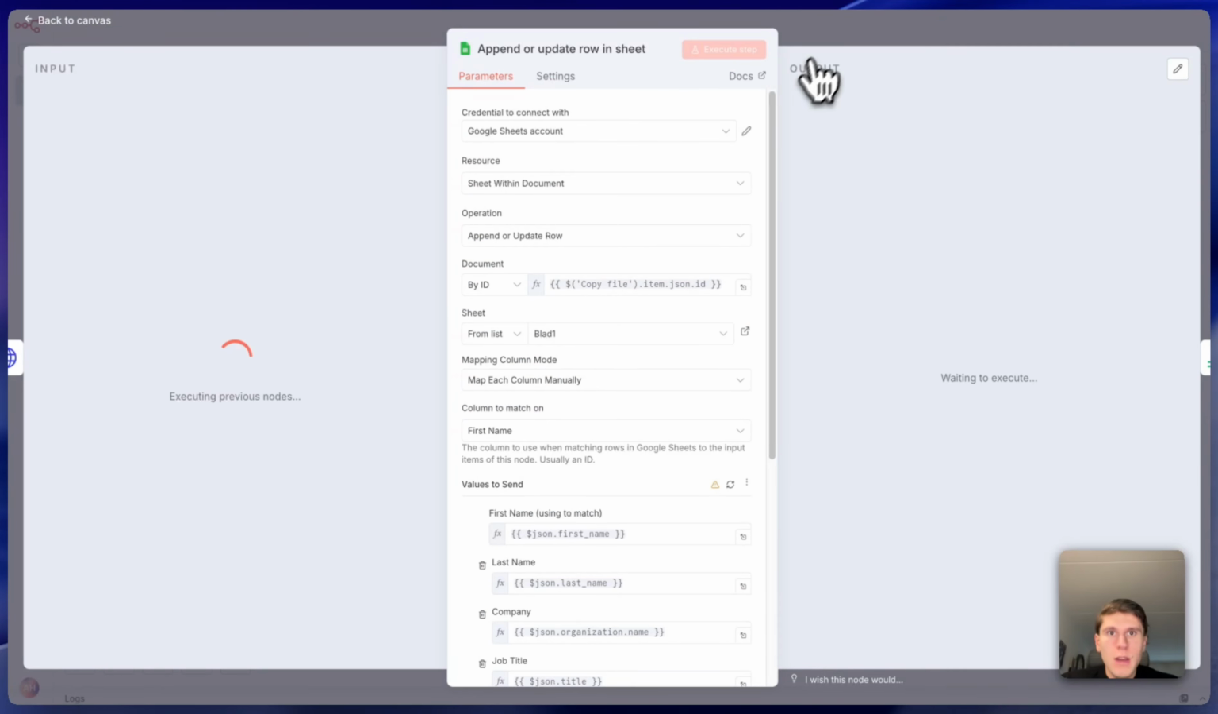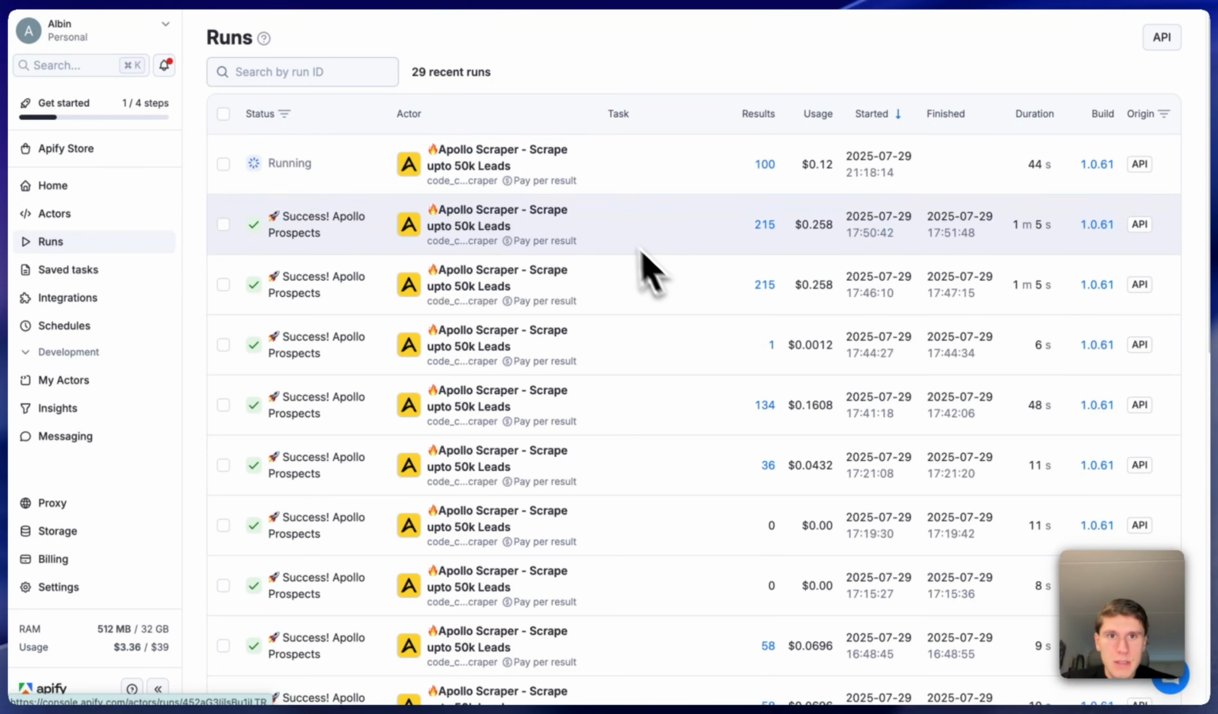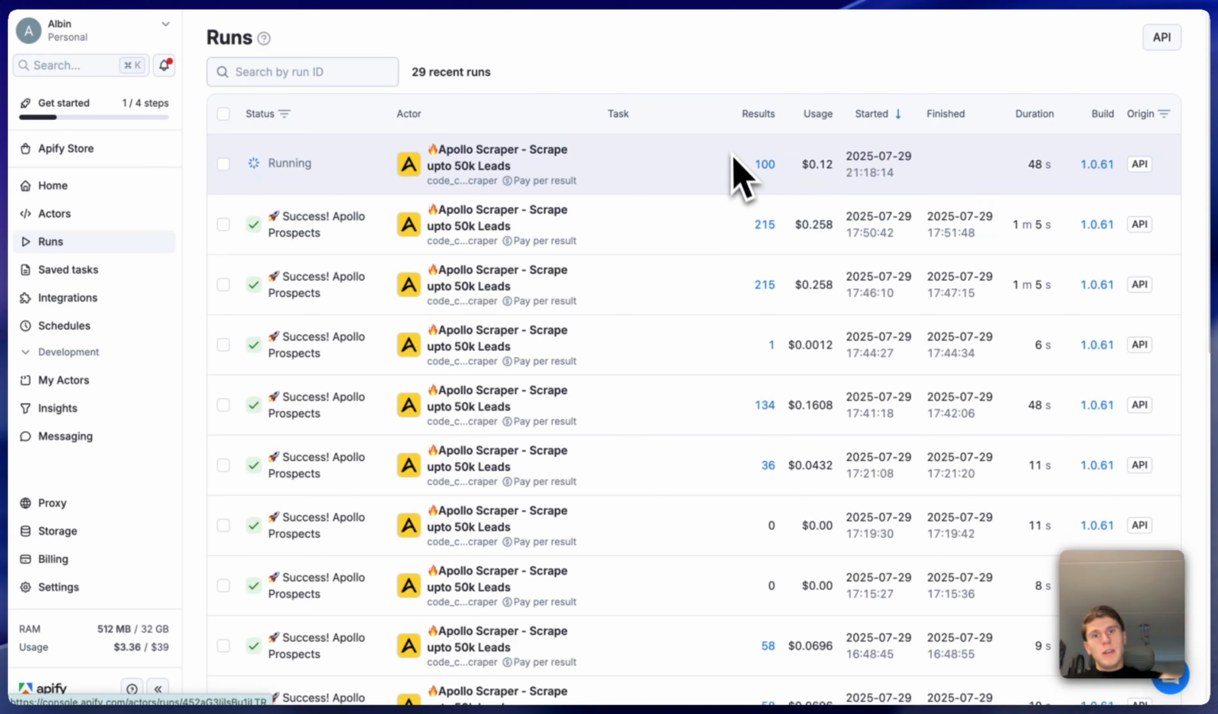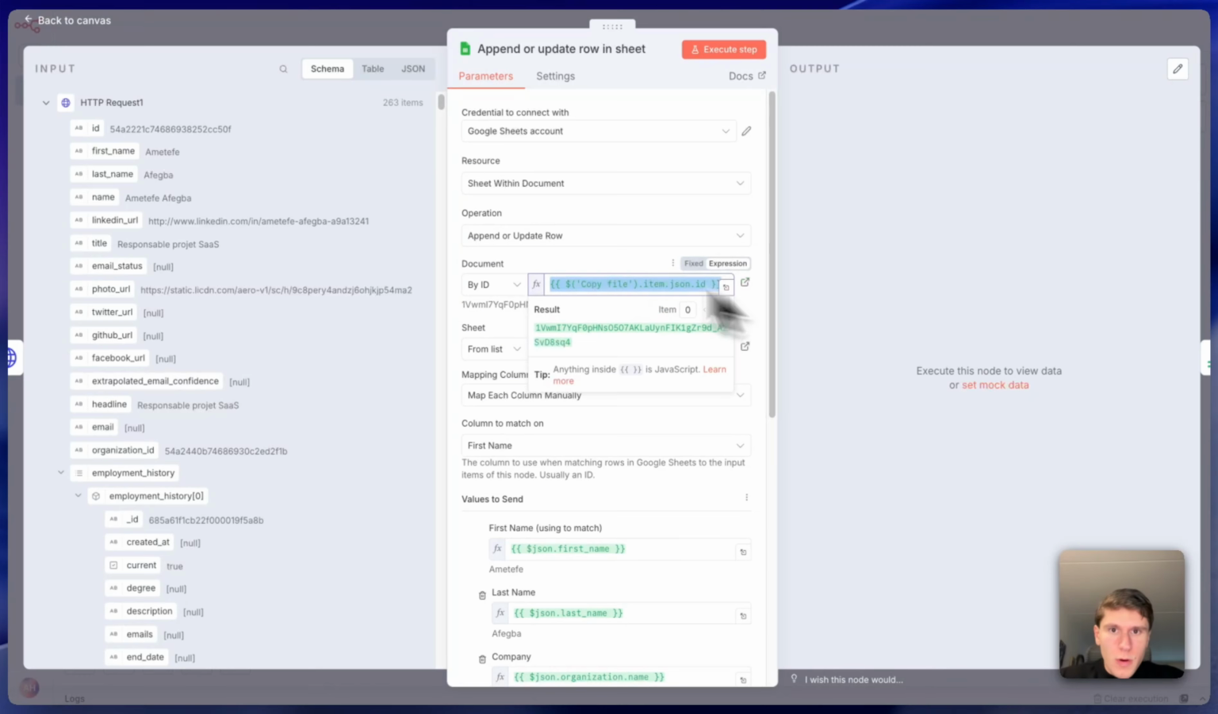So let me just wait until the run is done. It's capped at 500, and as you can see, it's pretty cheap as well. So 500 leads would set you back around 60 cents, I suppose. We're gonna match them by ID. So the documents, the sheets will match them by ID, meaning